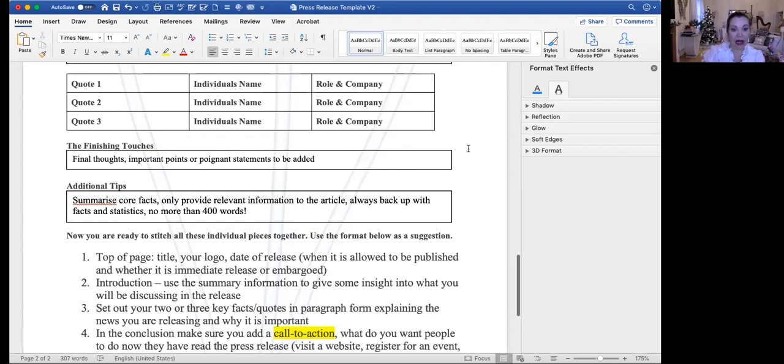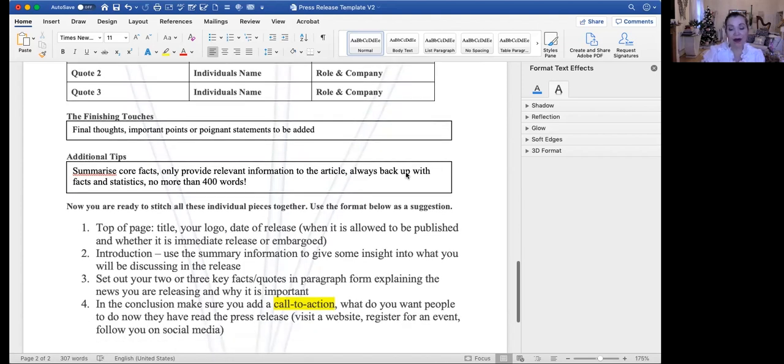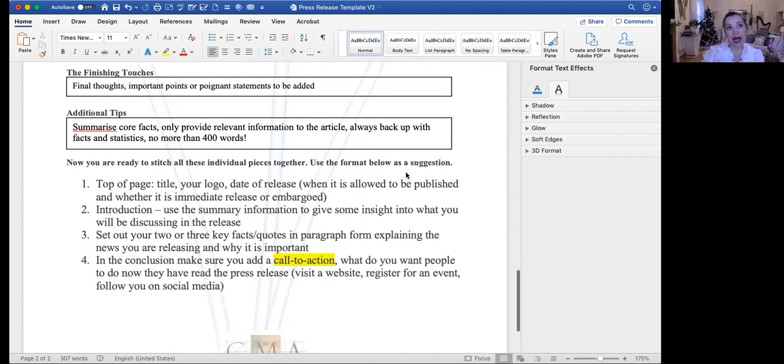Please remember that, take that home. Finishing touches, final thoughts, important points or poignant statements. Let's face it, for us in our field, let's say this new